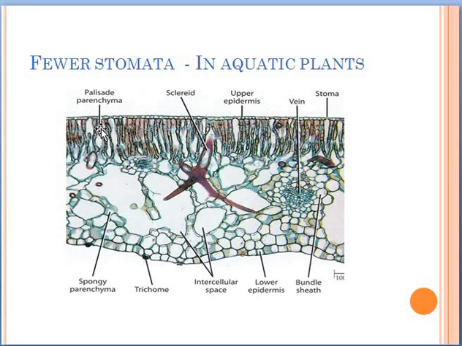Okay, the number of stomata on the upper epidermis is a little bit more when compared with the lower epidermis. And moreover, if you are comparing a leaf or the square centimeter area of an aquatic leaf with a xerophytic leaf, the number of stomata will be very less in the aquatic leaf. So that shows fewer number of stomata will be found in some plants to reduce the rate of transpiration.